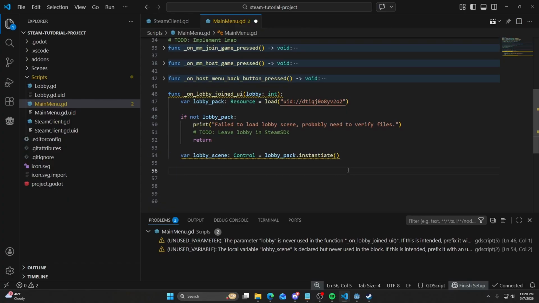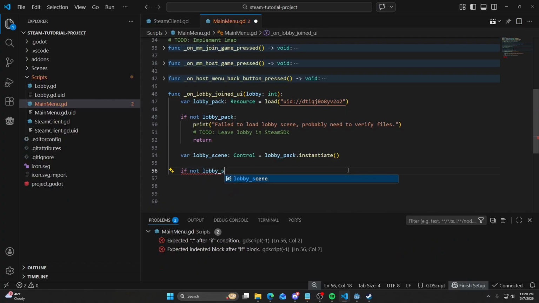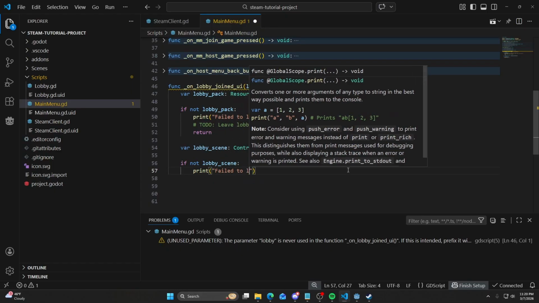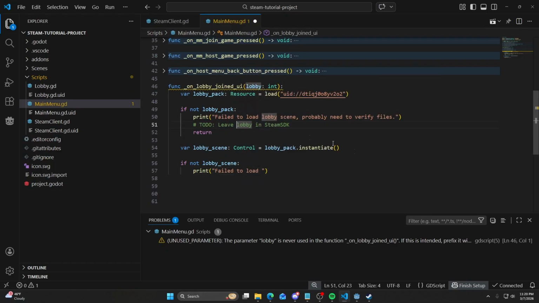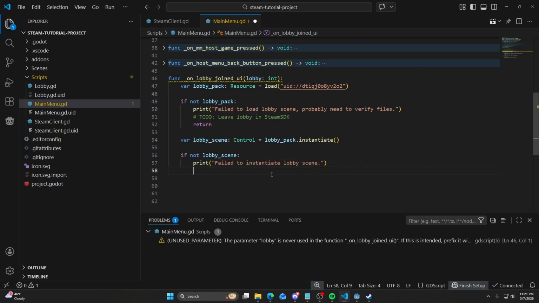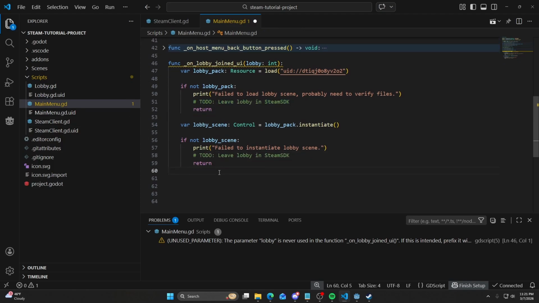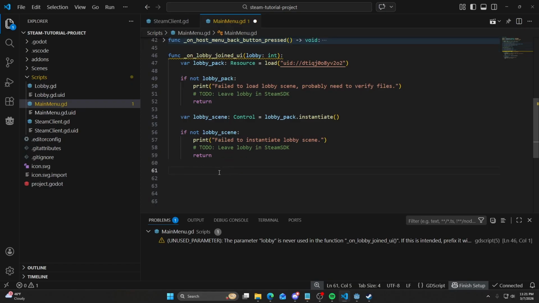Okay, and then same thing if not lobby scene. Print failed to load. Failed to instantiate, we'll say. And that's fine. We'll do the same to do whatever, because we still need to do the same thing. And then that's it. And then now at this point we need to